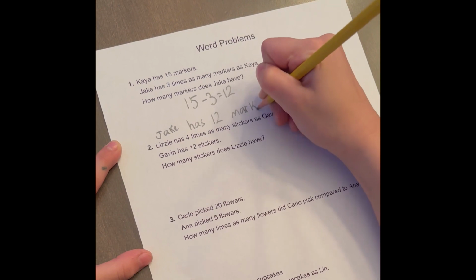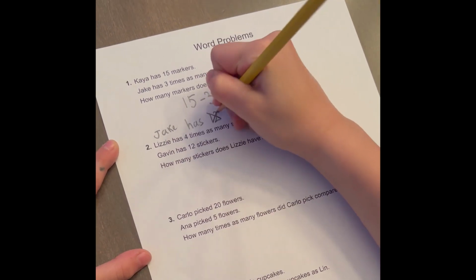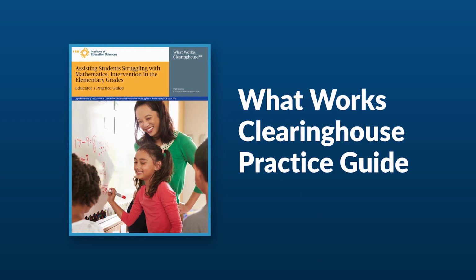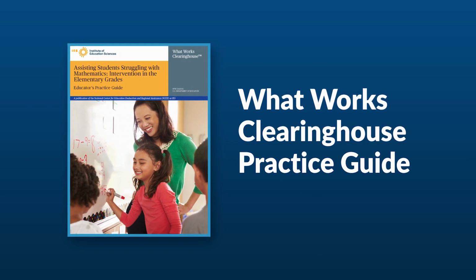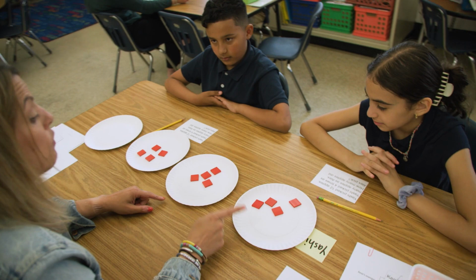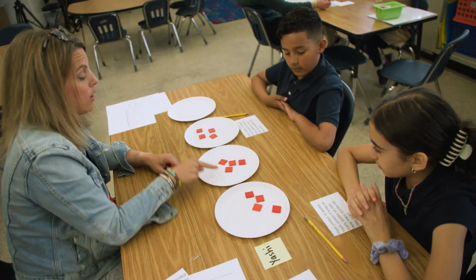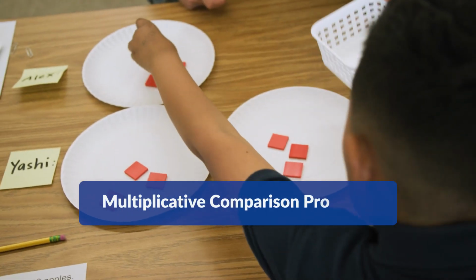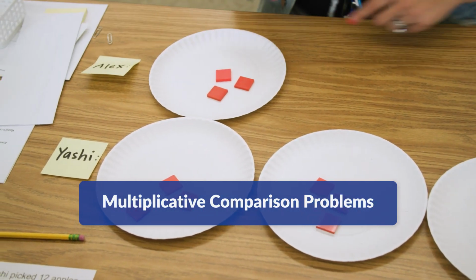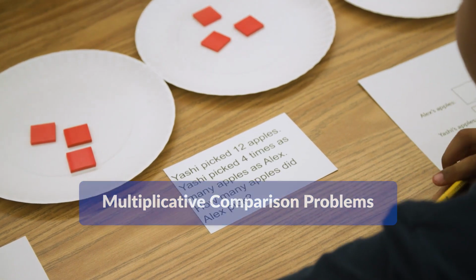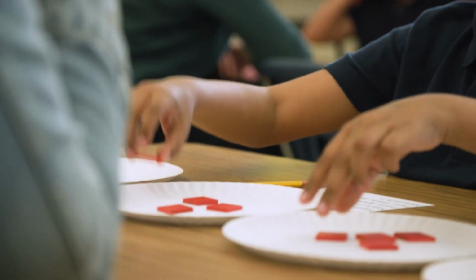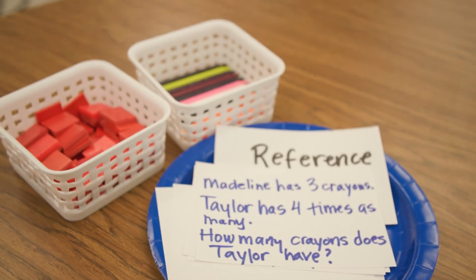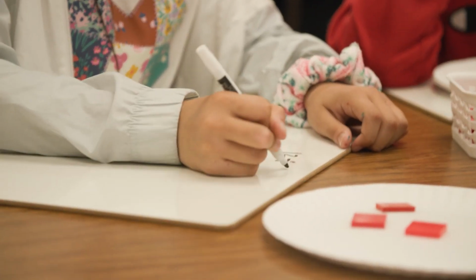You've probably seen firsthand that word problems pose challenges for students. The What Works Clearinghouse Practice Guide on assisting students struggling with mathematics recommends strategies for supporting students with this high-priority topic. In this video, we will focus on multiplicative comparison problems, a key problem type for the upper elementary grades. We'll demonstrate strategies for making these problems more accessible to students by using concrete representations and by connecting those representations